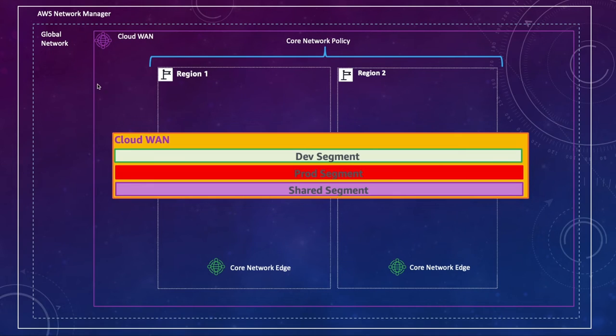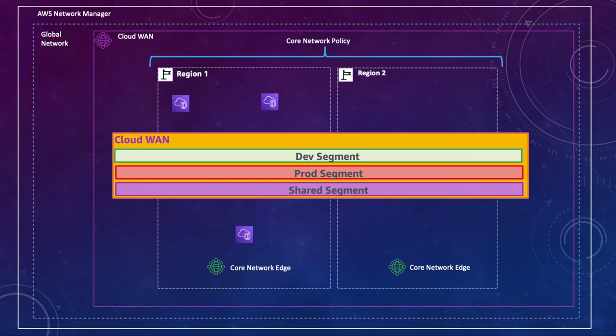So guys, right now we have this setup where we have Cloud WAN deployed in two different regions. We have created the Cloud WAN with three different segments: development, prod, and shared segment. In parallel, I've created three VPCs in my Singapore region: one is my development, prod, and inspection VPC. And next, we will attach these VPCs to these three segments: development, prod,